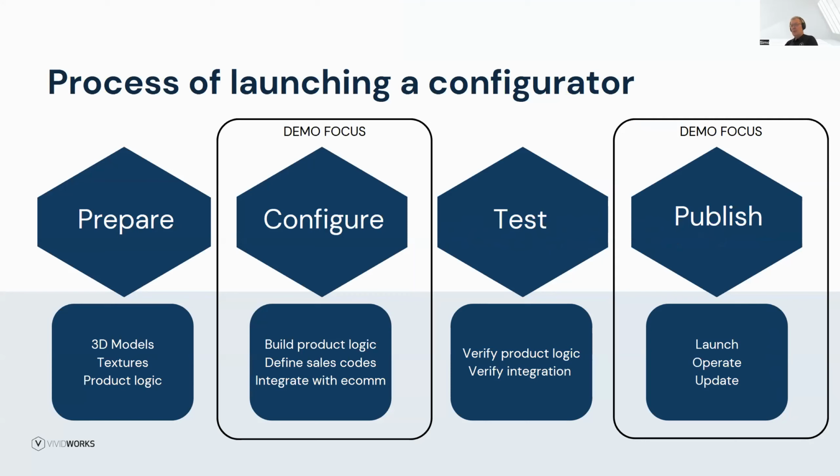One is the prepare part, where you need to prepare 3D models, textures, texture files, define product logic, things like that help somebody to actually configure a system. And then during the configure stage, we actually put things together, and I'm specifically going to go through a couple of examples of configurations. We define some logic, we view how it affects the buyer view during the publish and so forth. And